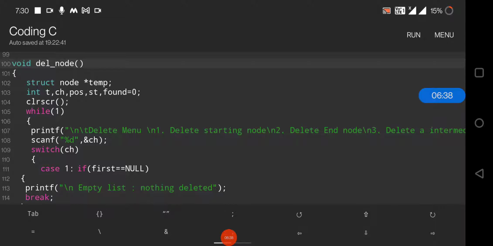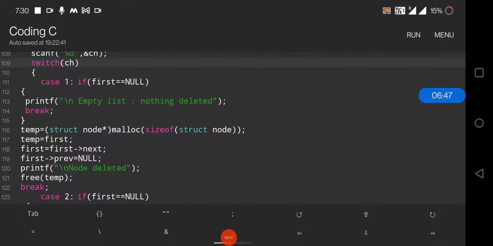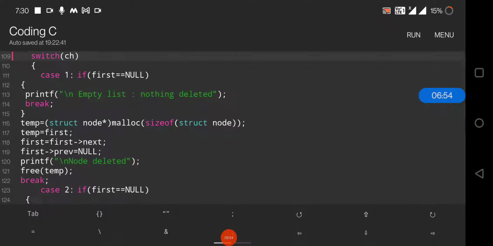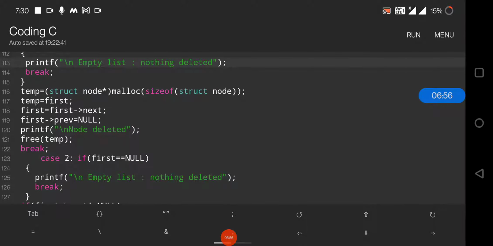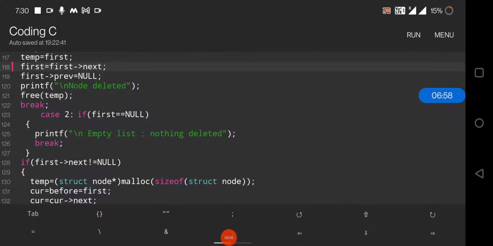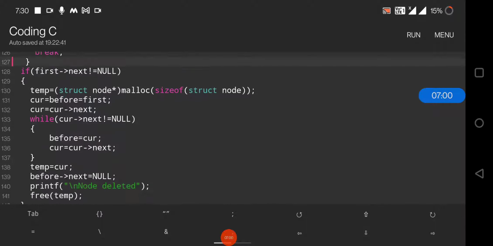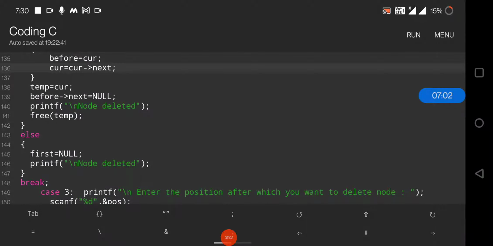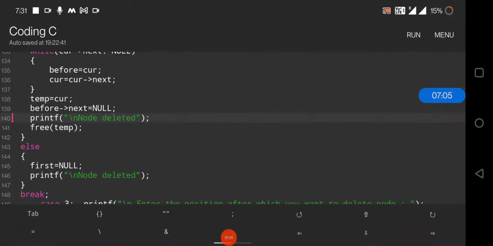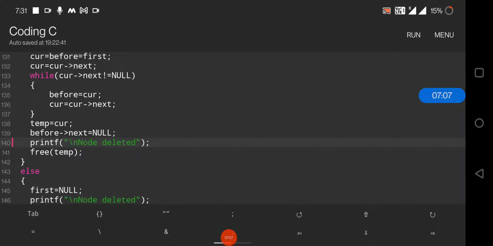For the deletion operation, again there are three things: delete at the start, delete at the end, and delete at the intermediate. Here the same things are done, but first we check whether the linked list is empty or not. If it is empty, we will display it, and if it is not empty, we will delete the element. Whenever we are deleting an element, we take care of the current as well as the next pointer.